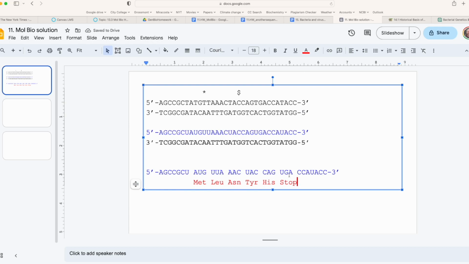You don't actually have to write in stop. You could include an asterisk or just not have anything at all. But the point is translation stops. The rest of this sequence does not get translated. All right, so that's the answer to the translation product: MET, LEU, asparagine, tyrosine, histidine. All right, so let's go on to the next part,